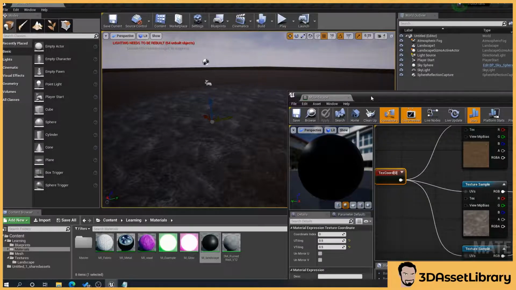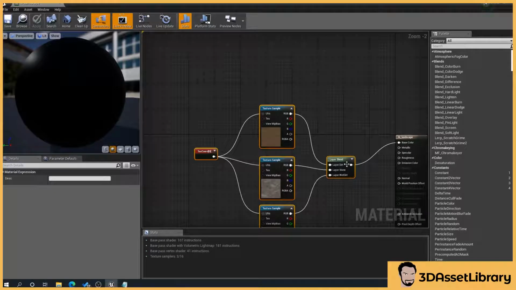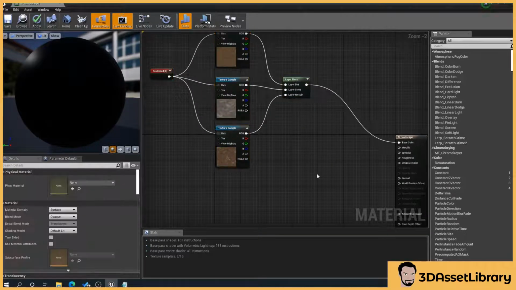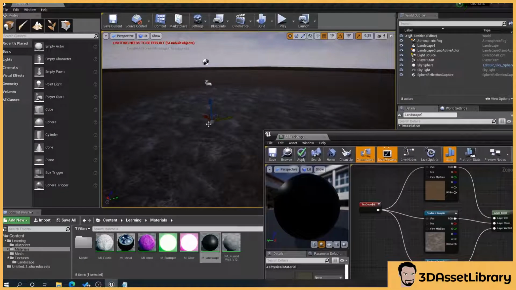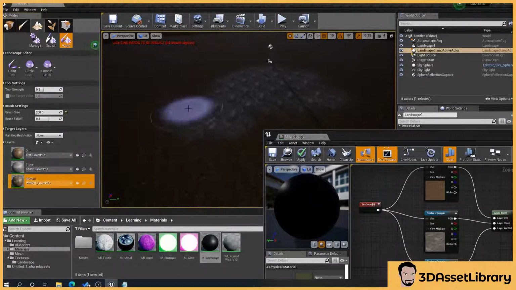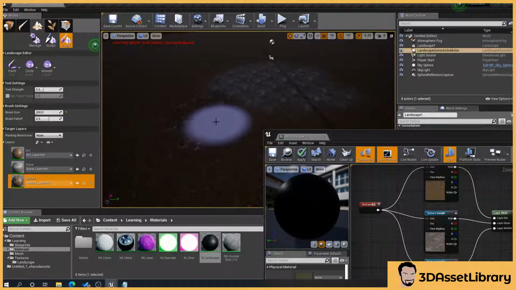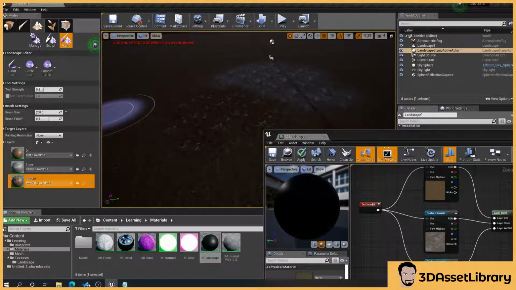So now the next step is, because we've just plugged our color in, we obviously want things like our normal map and our reflectivity, because currently there's no reflectivity here. So what we'll do is I'll just paint that wet dirt one, so we've got a bit there to see. There we go. So we got 3 different ones there.